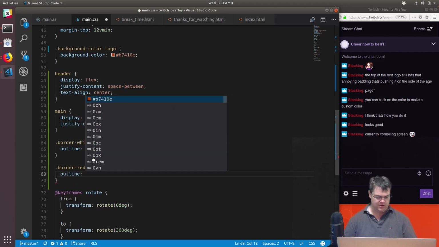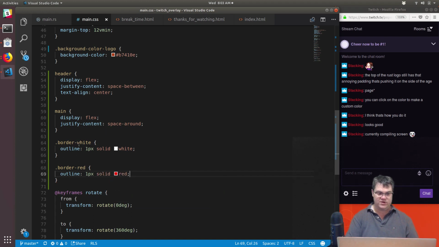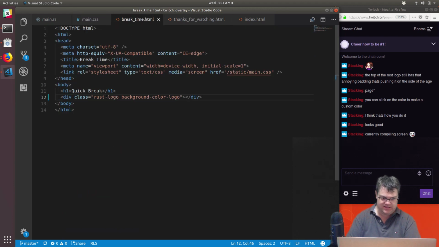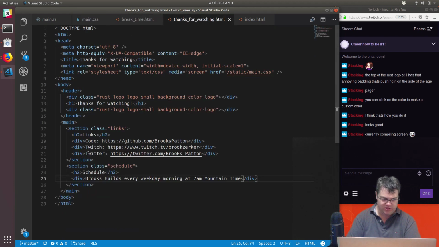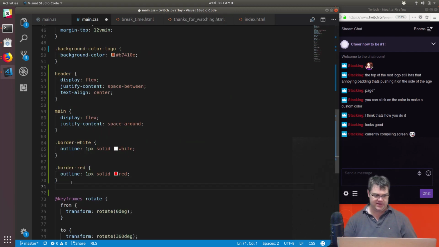Outline 1 pixel solid red. Okay, so now I can add border white and border red to these sections right here. So first of all, I want one more. So I have border white, border red, and dot